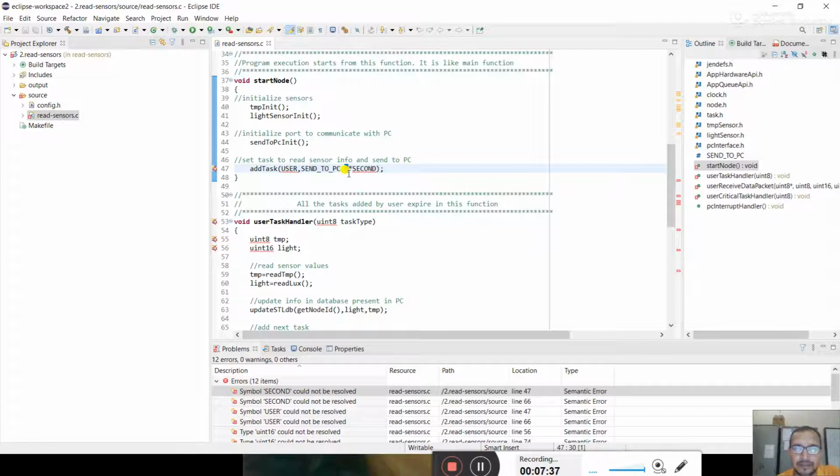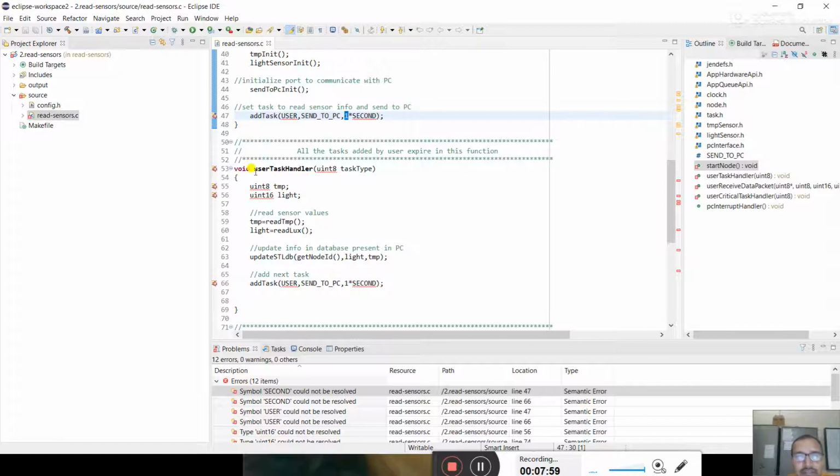If I put 0.1, then 0.1 times a second will be used and the interval will be shorter. So this is the factor by which I multiply a second.